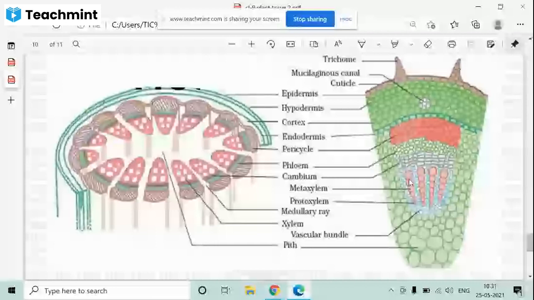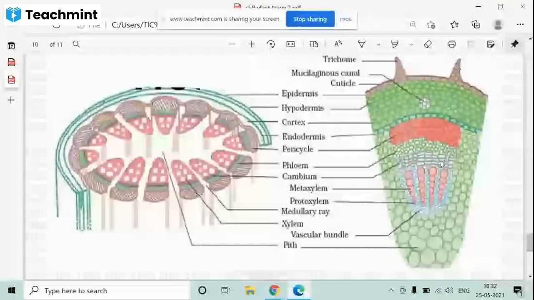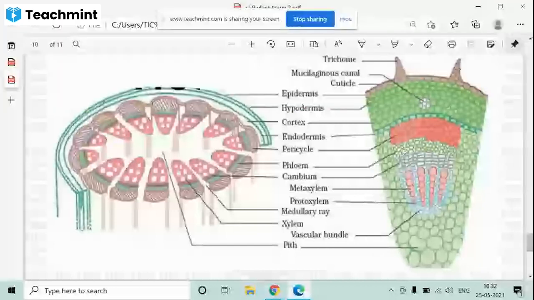You know the function of phloem and xylem. In between them, there is another type of tissue called the cambium. This cambium tissue can divide. This division makes the stem grow in diameter. Clear? This helps the stem to grow in diameter. Now, on top, this is the xylem tissues. This is the cambium. This is the phloem tissues. Now, on top is the pericycle tissues, which also helps in packing tissues.